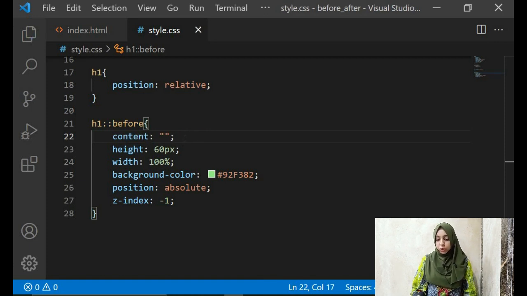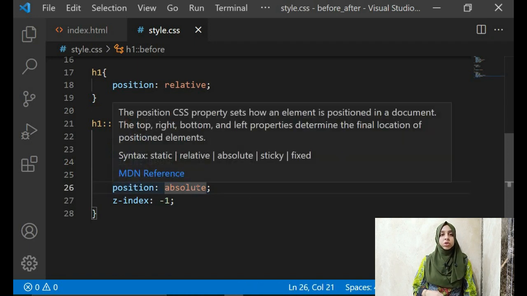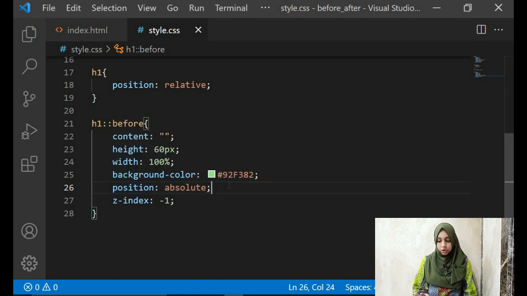Alright, so you call the content, alright, you give it a height and a width, right, and then you give it a background color, and this is the most important thing, you give it a position of absolute, or else you won't be able to see your element.